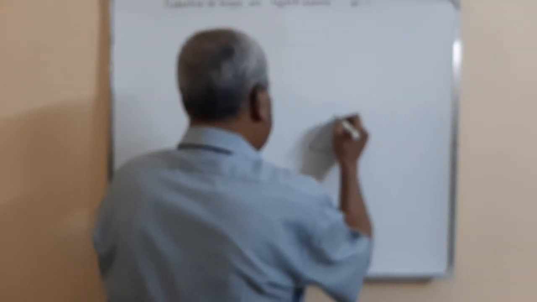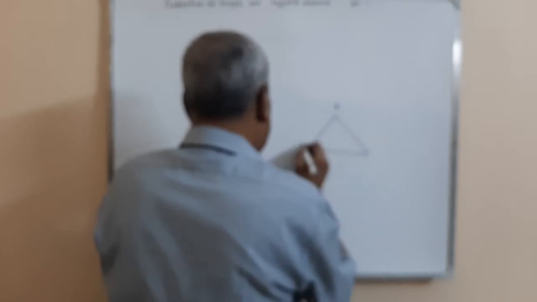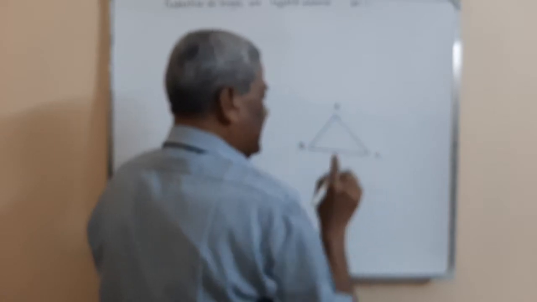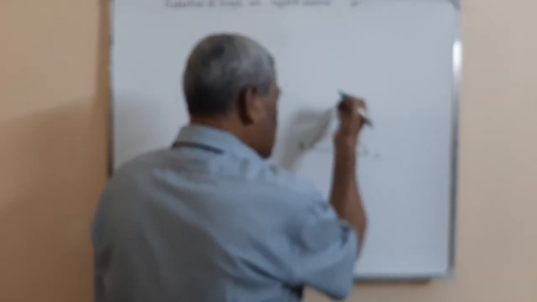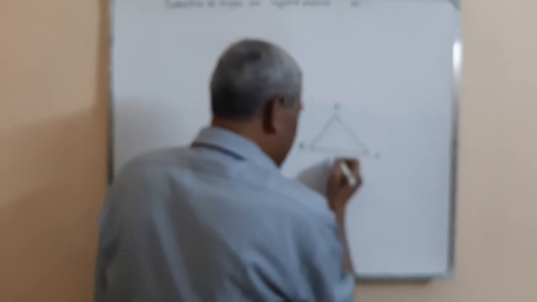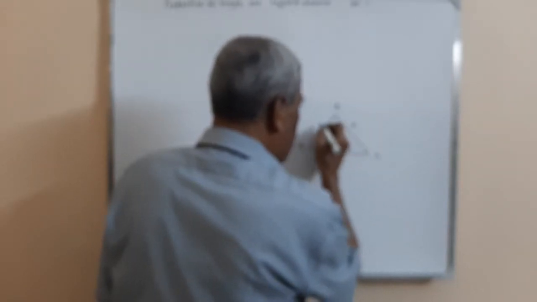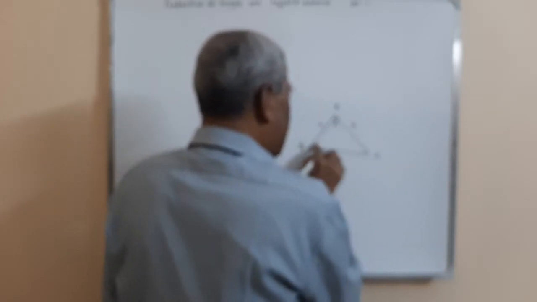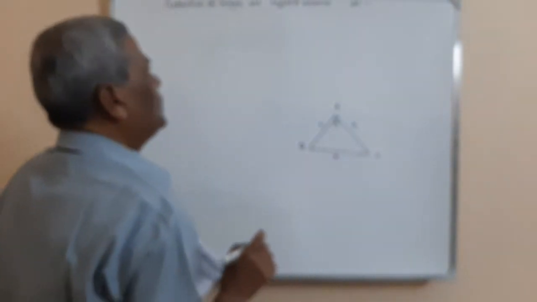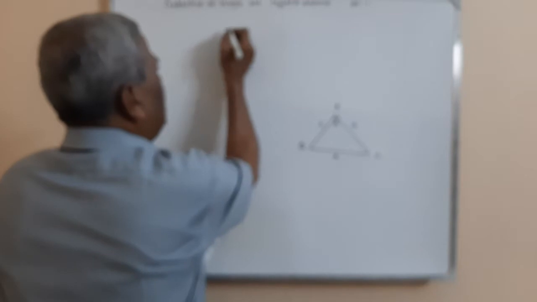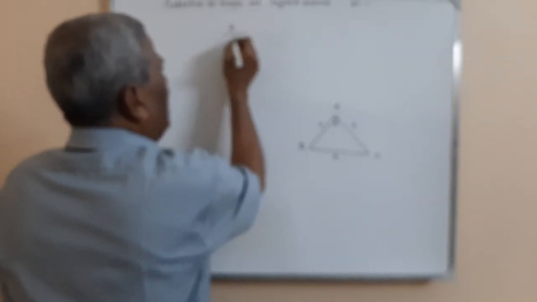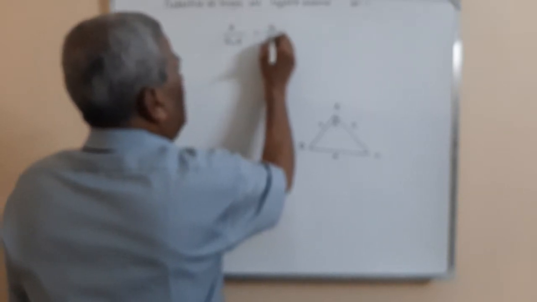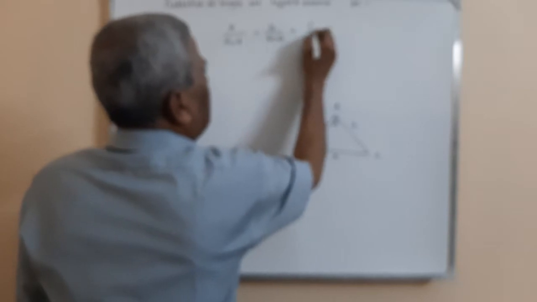Suppose this is a triangle A, B, C. The side opposite to vertex capital A is small a, this is small b, this is small c. The angles are capital A, capital B and capital C. So first of all, the sine formula is a by sine A is equal to b by sine B is equal to c by sine C